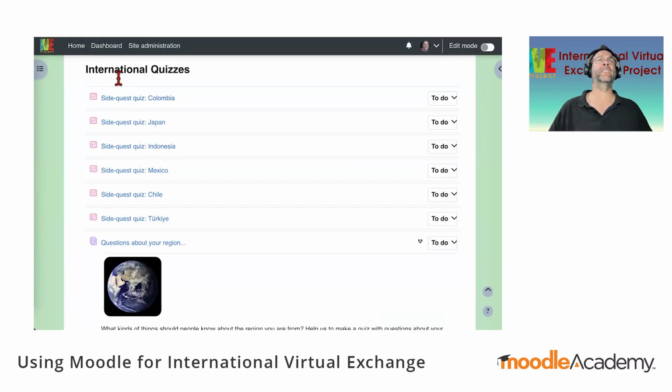Okay, other side quests, again, student autonomy. We asked them, okay, if you were asking people about your country, what questions would you like to ask them? And so we created a database, or Adam Jenkins created a database, and then we got the questions, and then we made quizzes out of those questions. So the questions are generated by the students. They're put into quizzes. Students from other countries take those quizzes, and if they don't know the answer, we say, well, go to the forum and ask the question and find the answer.